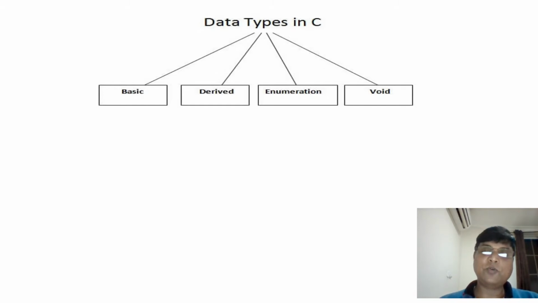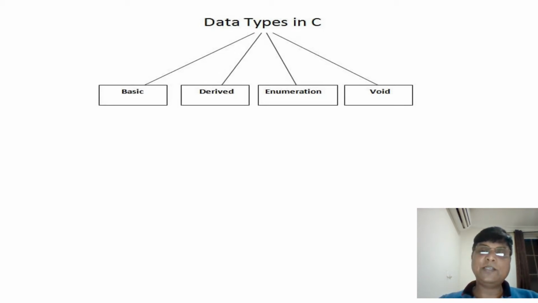When information flows into memory, we have to declare its type of data: is it an integer, or a decimal number, like 50.80% or 80.5%? For results such as 80%, 80.5%, 80.7%, these are decimal points, and declaring a decimal point has a different type of data. If you are using an alphabet character like A or B, that also has a different type of data. These are the different types of data you are going to use in the C programming language.